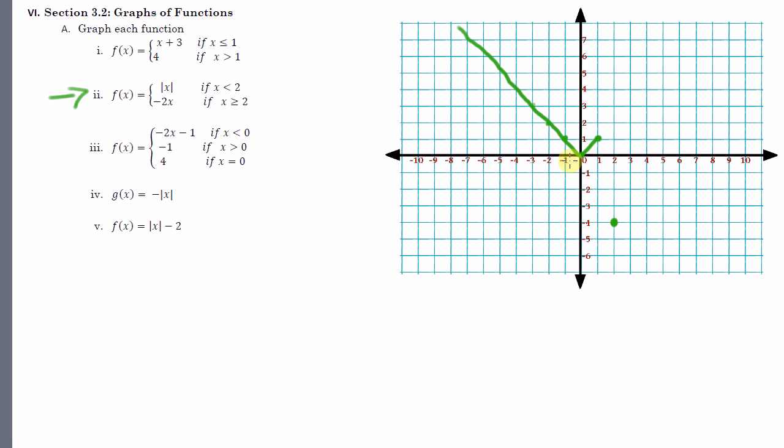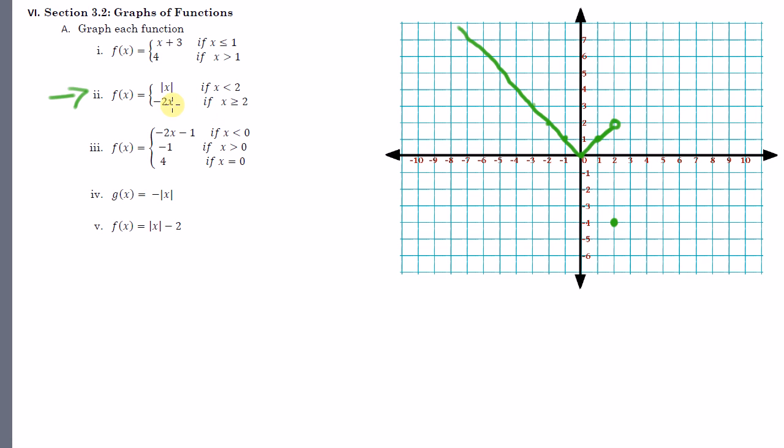And then it says less than 2. So when x is 2, I'm going to plug 2 into the absolute value. And when x is 2, I get the absolute value of 2, which is 2, but it says it can't equal 2. So I'm going to put an open circle there to show that. And then when x is greater than 2, so going this way,